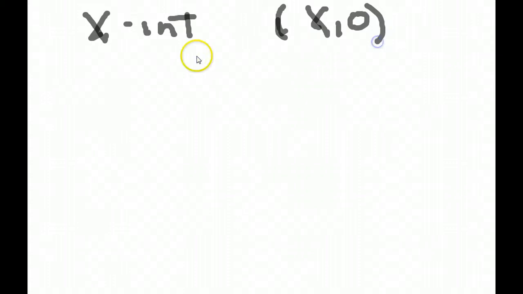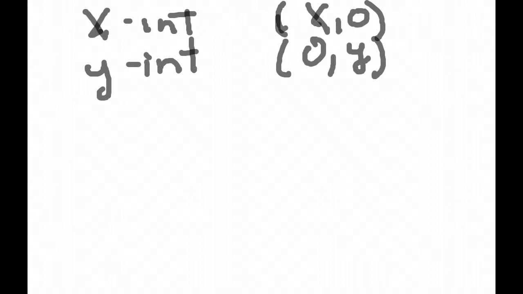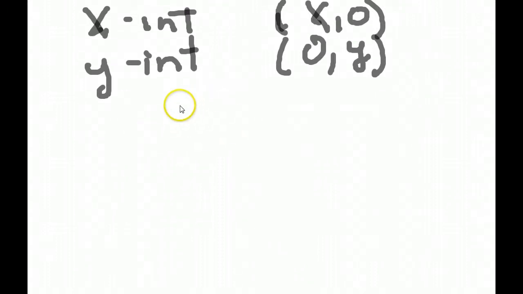The last thing we're going to review is graphing using intercepts. So remember, the x-intercept gives us an ordered pair of x comma 0. Y-intercept gives us an ordered pair of 0 comma y. So if we have an equation and we want to find our x and y intercepts and graph that, first thing we do is put in zeros for our y to get our x-intercept. So if we have the equation y equals